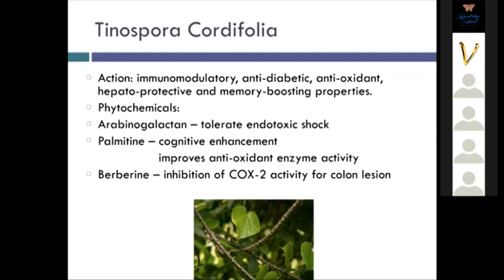Tinospora cordifolia. Now, on the whole aspect of Tinospora cordifolia, it also has an important function. About hepcidin, there's a hormone called hepcidin. This hormone helps to inhibit the iron absorption. And how does it inhibit the iron absorption? During the inflammatory anemia condition, the iron absorption is even more inhibited, which is caused by the pro-inflammatory cytokines